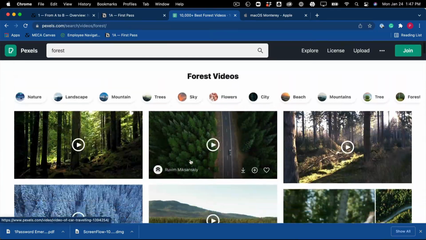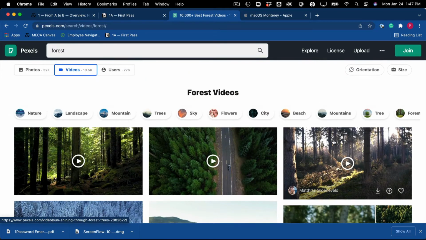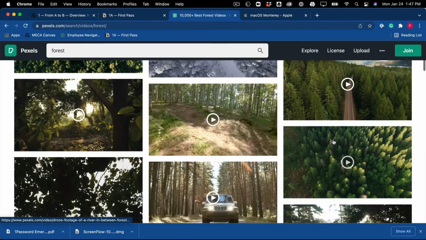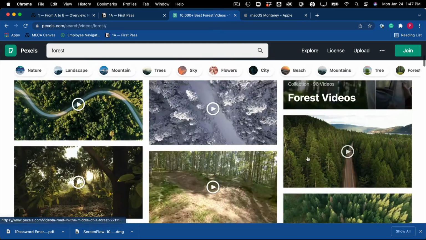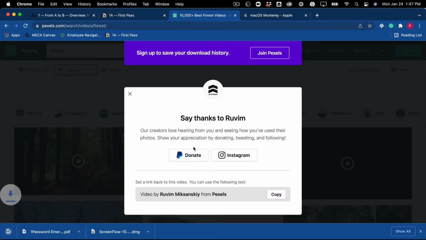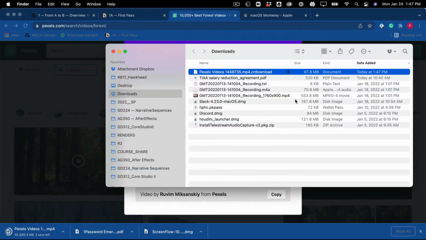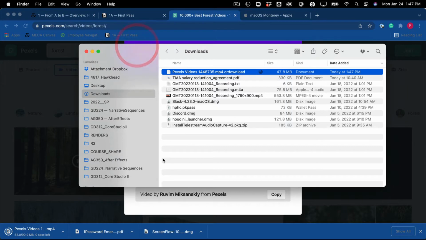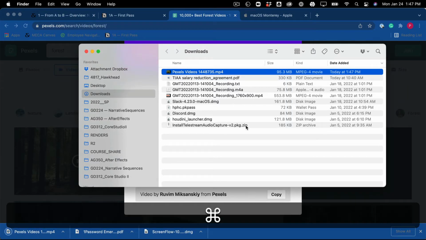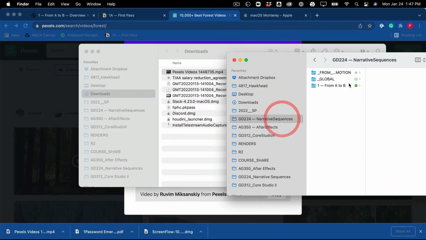And it's good to just, even as you start collecting, start thinking about what it is you want to do and how it's going to work together in a really loose sense. But it's good to download things. And let's say I wanted to use this tree thing here. So you just download. It's going to pop into your download folder or wherever you've set downloads to. And then to use it in your project,